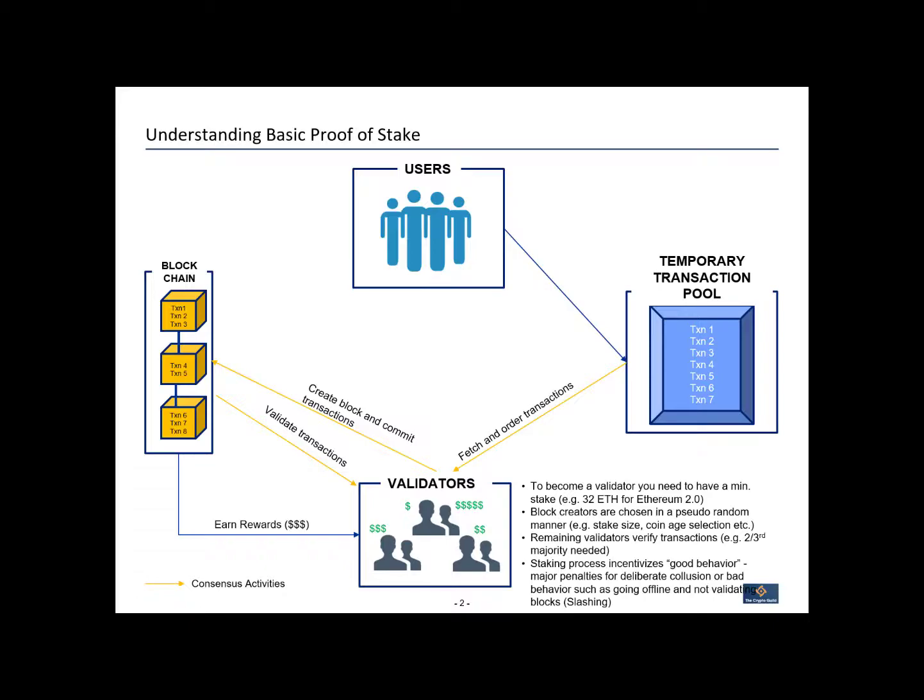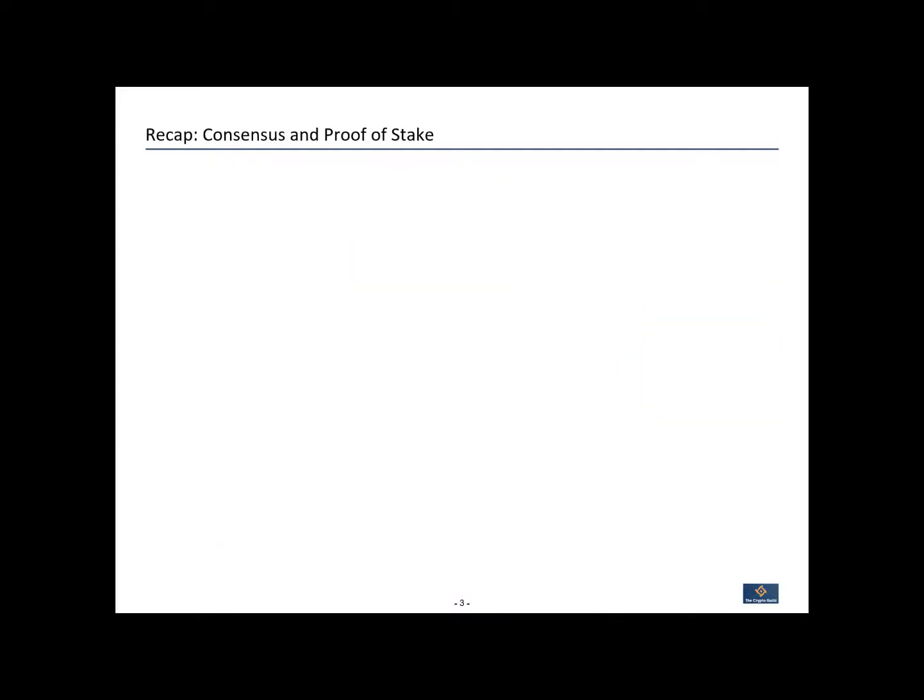taken away from you. So generally speaking, this is the system by which it keeps people honest, because typically the stake you have will always be higher than the reward you earn. So for you to deliberately try and game the system, your loss will always be significantly higher than your gain. And that's the consensus: it's in the validator's best interest to behave in a good way. So I know that was a lot. I'm trying to keep this high level. So let's just do a